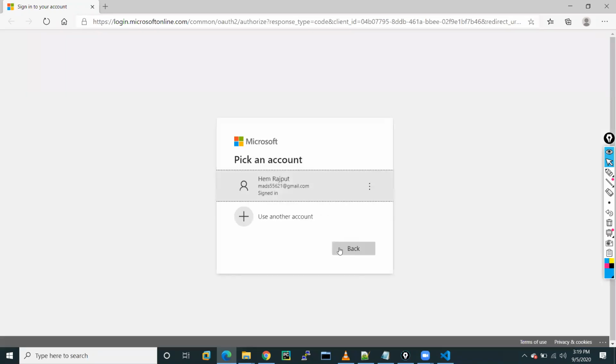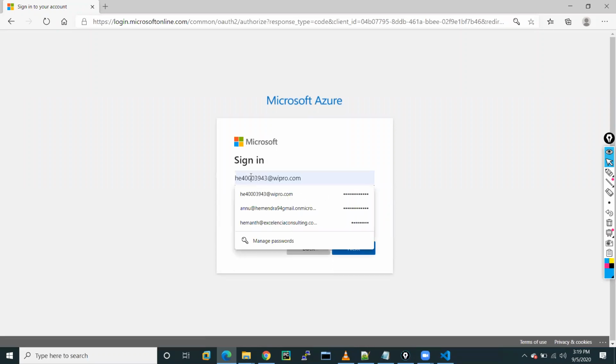I will also quickly show you the same thing by using Azure CLI. So let me use another account here.